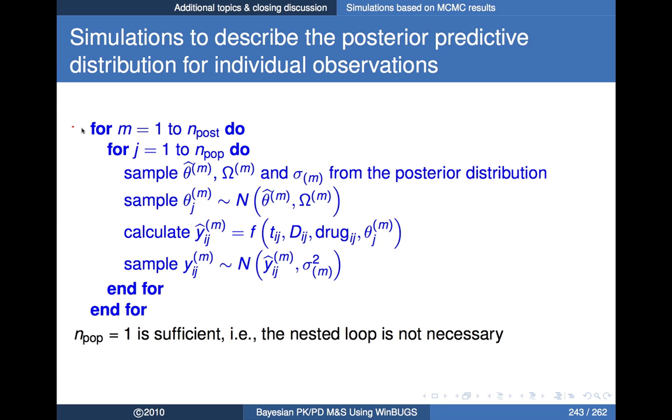We're going to have actually two levels of sampling. We're going to be sampling over our posterior distribution, so this is going over all of our posterior samples here, so that's what the M represents. And then within that, we're going to simulate over some number of individuals. So that's where you see for J equals 1 to N pop, where, as I say down here,